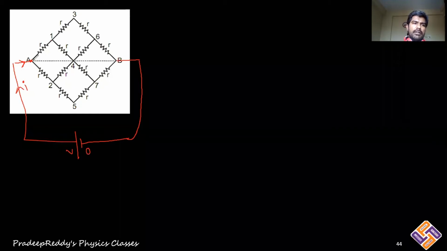So from A to 1 we have resistor R. A to 2 also there is the same resistor value R. Therefore, the current which is coming to this point gets divided equally into two parts. Therefore, the current into this resistor becomes I by 2, and the current into this resistor becomes I by 2. So that is step 1. After coming to this point A, the current gets divided into two parts. As the resistor values are the same, R and R, it gets divided equally, I by 2 to the first part and I by 2 to the second part.